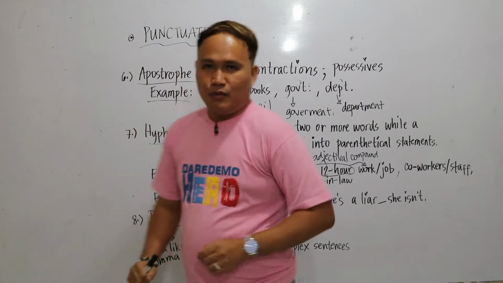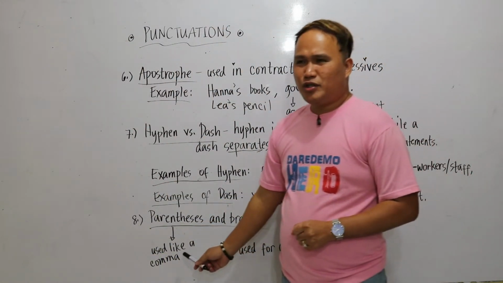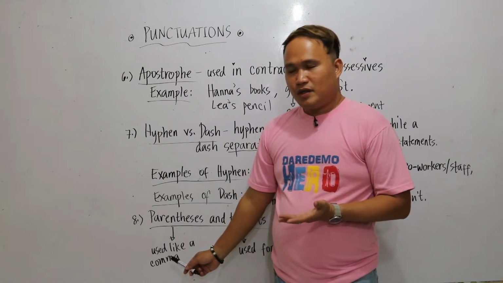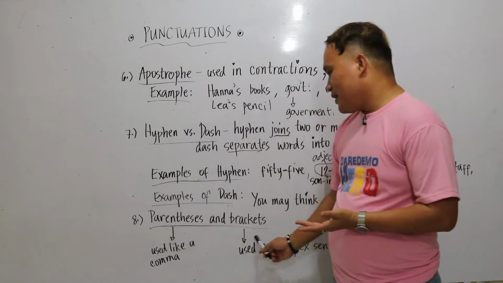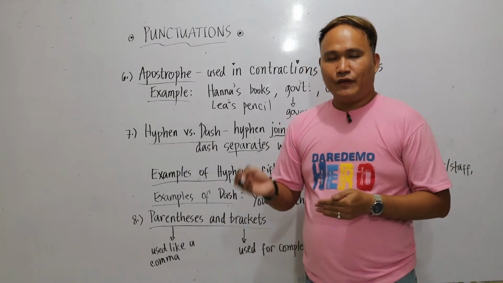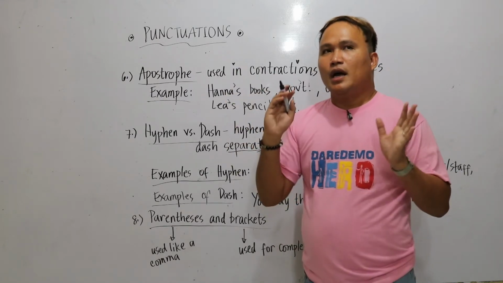Alright, so let's now move on with the parentheses and brackets. Now, not much of an explanation about this one because the only difference is that parentheses are used like a comma. If you're a writer and you don't want to use a comma, you can use parentheses. For example,